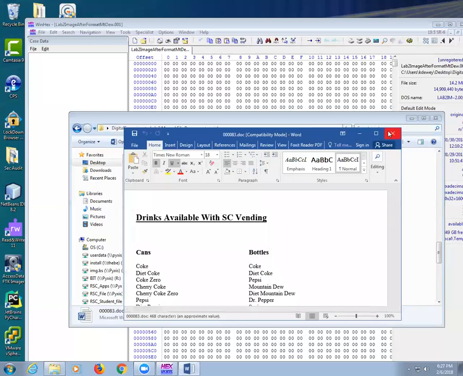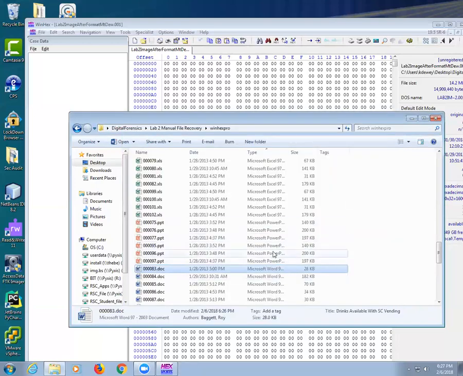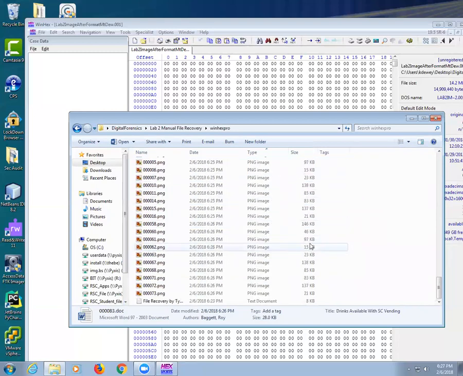Oh, that's Word. Did I miss one? Is there only 6? That's 6 and the 3 were repeated. So there you go. There's only 3 then. I don't believe that, but